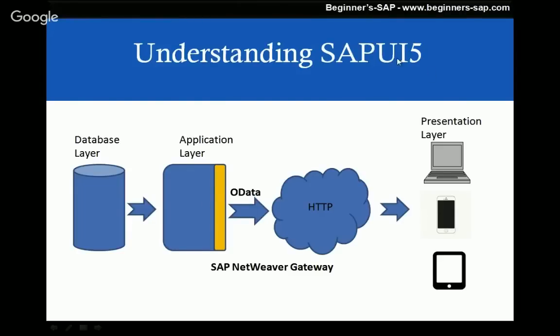Now we need to know what SAP UI5 is. This OData which is given out by SAP is converted into HTTP, right? The problem is that data cannot be directly displayed on the browser. It has to be displayed in an HTML page. Plus, nowadays people want to access their data, forms or screens on different devices. They could use a desktop computer, a smartphone, or a tablet. So there are various ways they could access their data.